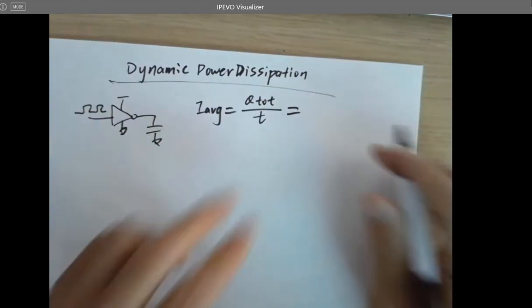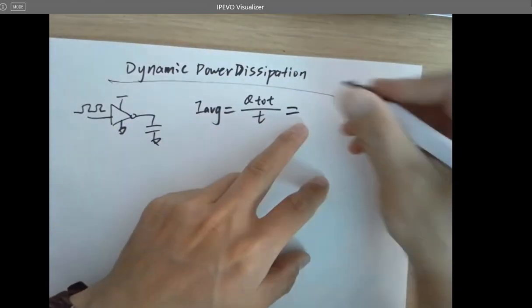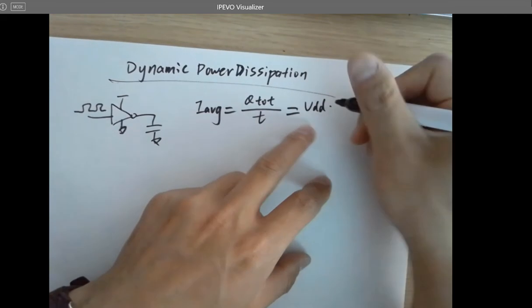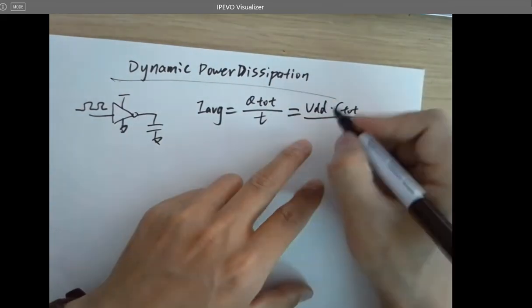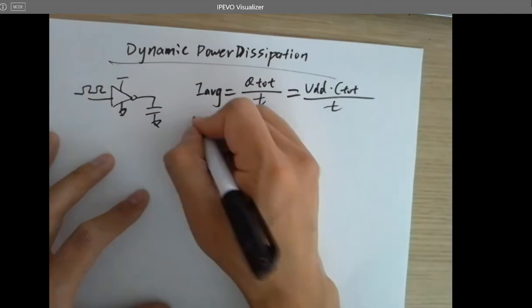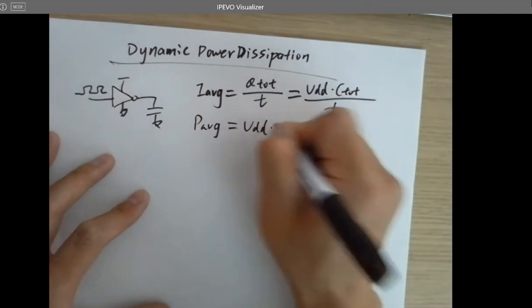What is Q? Q is CV, over T. So power average equals VDD times I,